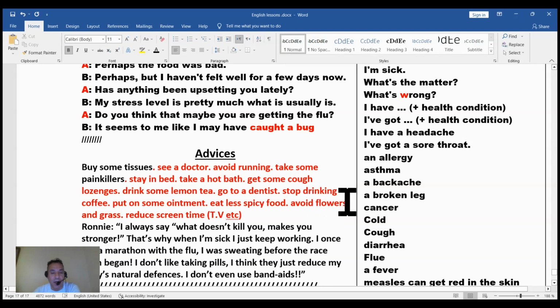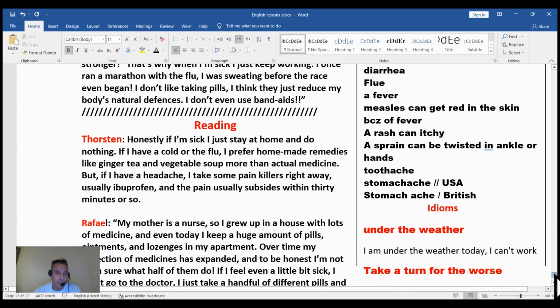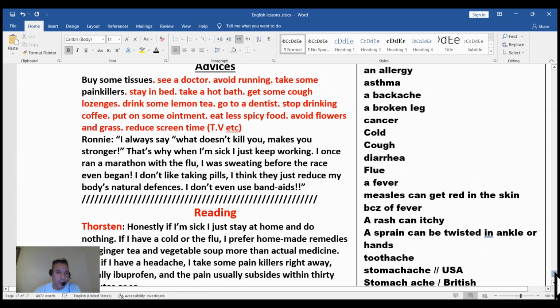Reduce screen time. Don't come close to the computer, to the screen, because of your eyes maybe. Cool. Here we have three boys talking about what they do if they are getting sick.